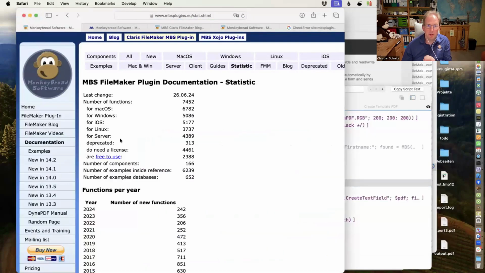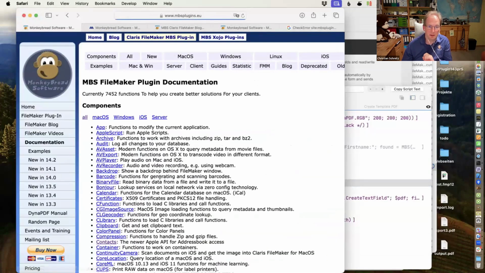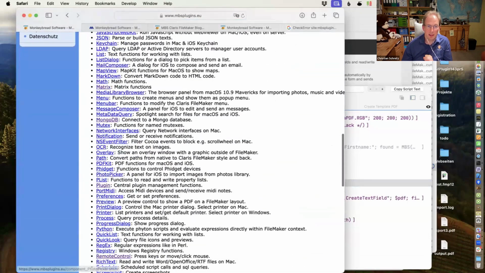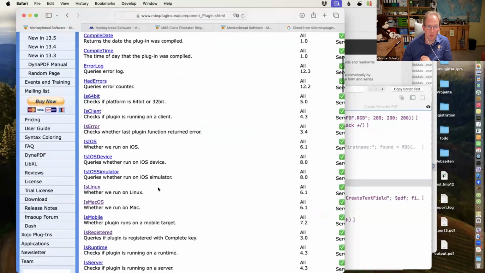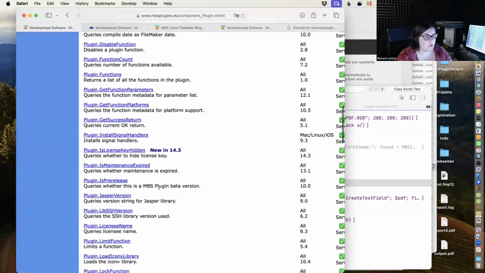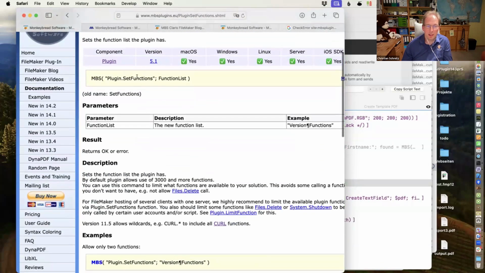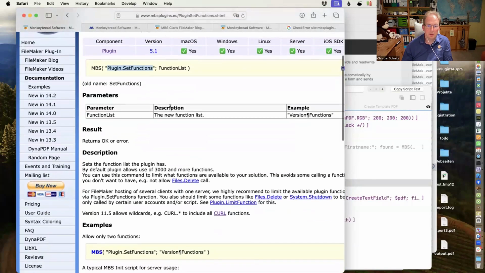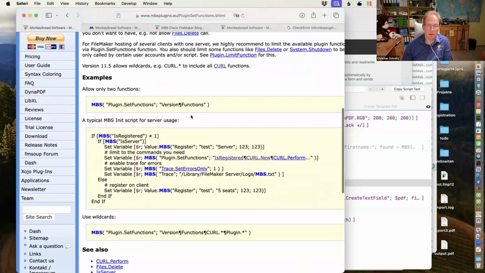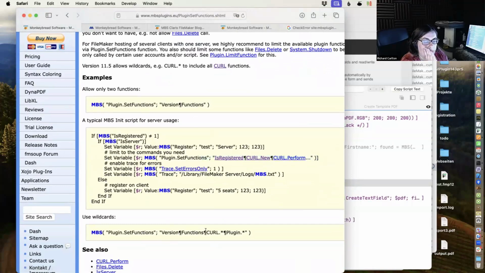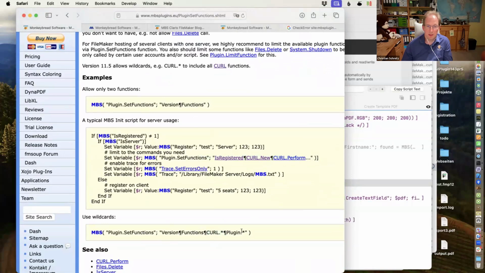And why do you want to know which functions you're using? That's a security thing, because the plugin has the ability to limit which functions are available. So you can tell the plugin which functions you'd like to have available in your start script, and you can limit the functions available to the user to just a list of functions you like to use. That's really cool. You can use wildcards, so you can say we need this and this, but everything else is then turned off.